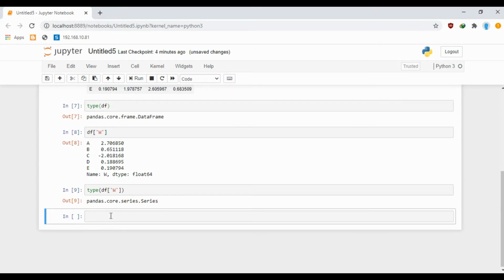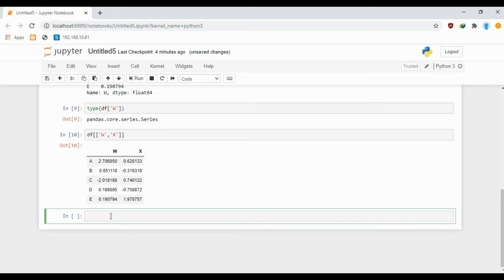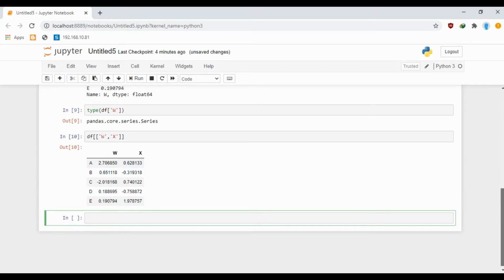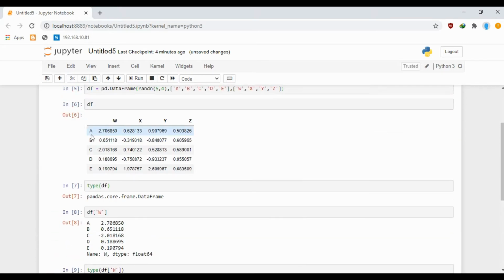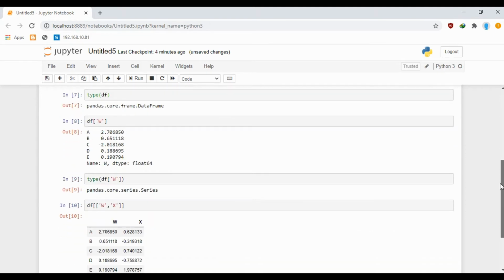If I want to have multiple columns, I can pass in the list of the columns which I want to see. Here you can see that it returned the columns W and X. All the elements from W and X have been returned.